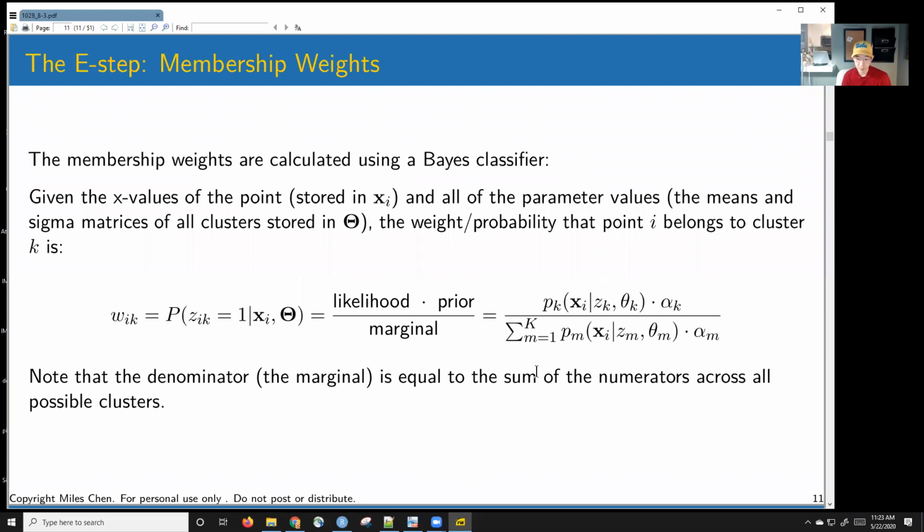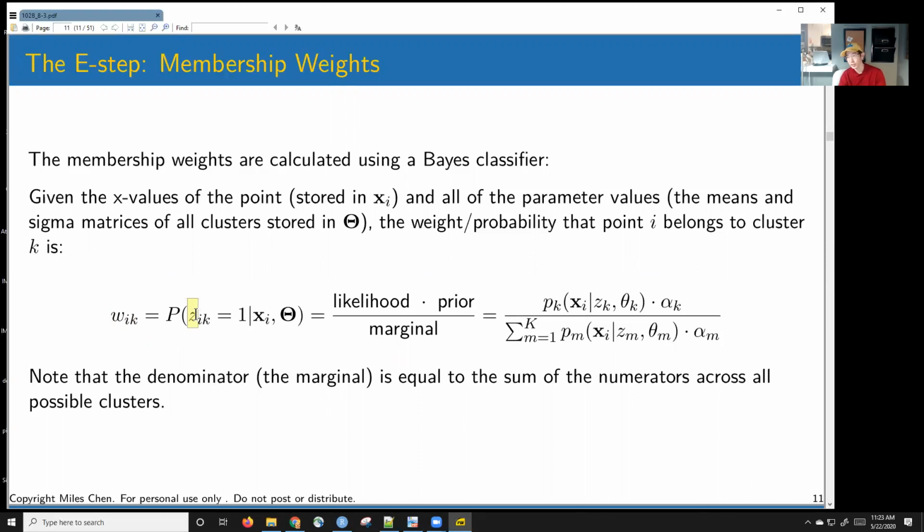So let me talk about calculating these membership weights. This is what we call the E step, the expectation step. This is calculating the membership weights. And here we use a Bayes classifier, right? So the weight that point i belongs to cluster k can be expressed as the probability